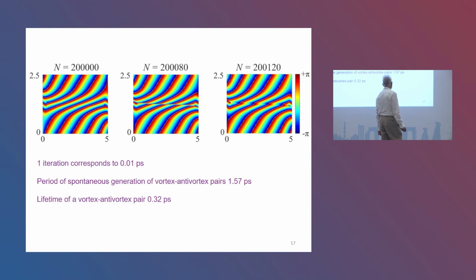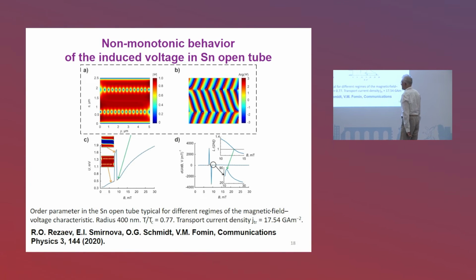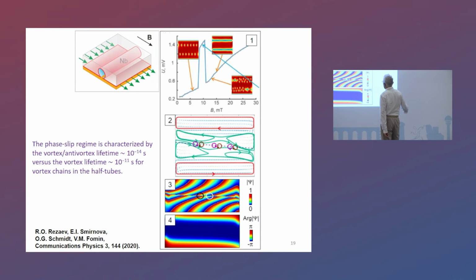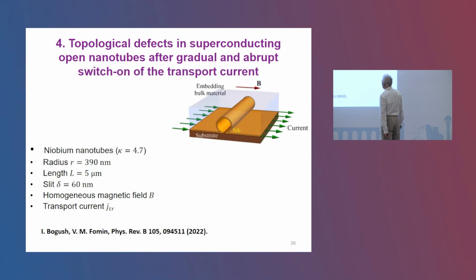Please, next one. We have already discussed this. Please, next one. This is another material. For tin, it's equally good. Next one. Yeah, we have seen it already. Next one. Okay. In very recent work, we considered this transition in more detail, and if there are states with vortex chains and phase slips,